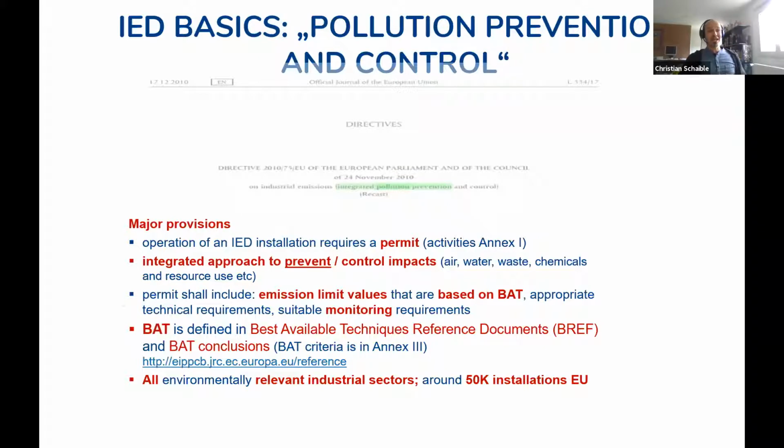So for those who have never heard about this directive, there are some basics I should give a quick input on. The first one is that there is a set of activities in it. It's the largest industrial activity set, so it goes from agriculture, like the intensive chicken and poultry farms, up to waste activities, waste incineration. There are energy intensive industries in it. In Annex 1, you have the scope of the activities. Chemicals industries are also there. Well, you can have a look in the annex.